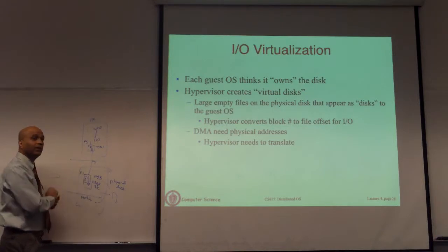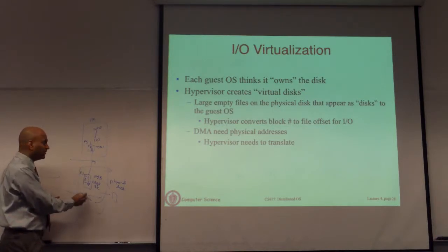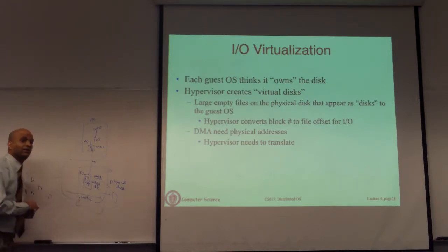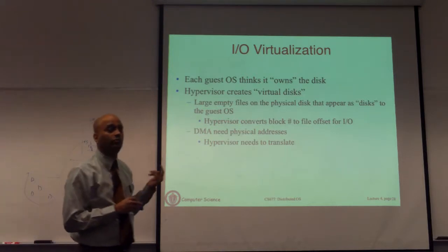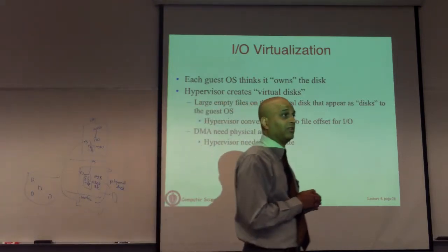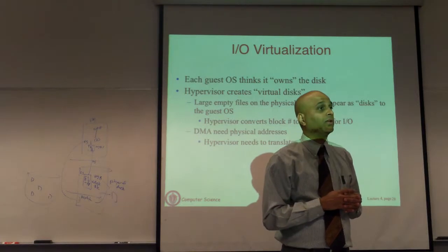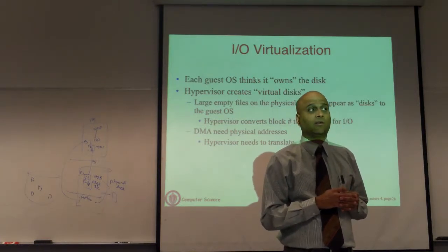There are two file system layers to go through. If you have a disk partition here, this file system is directly accessing that partition. You have basically eliminated one layer of software sitting in between. Okay, but then you have to do more things at the OS level. Okay, any other questions here?